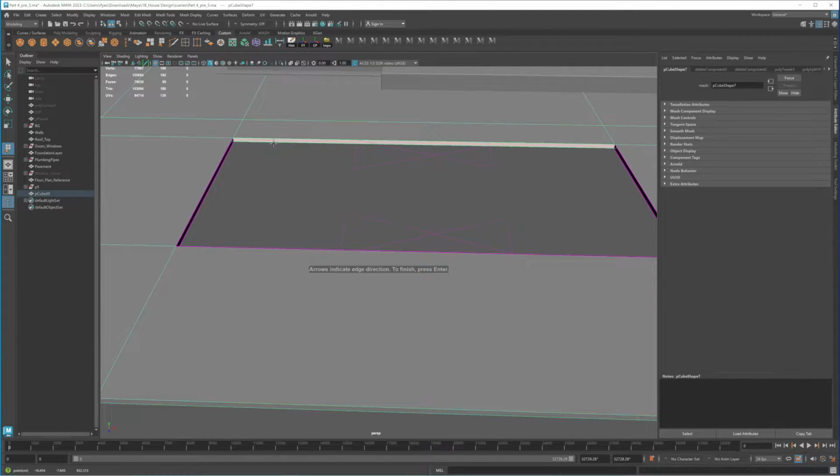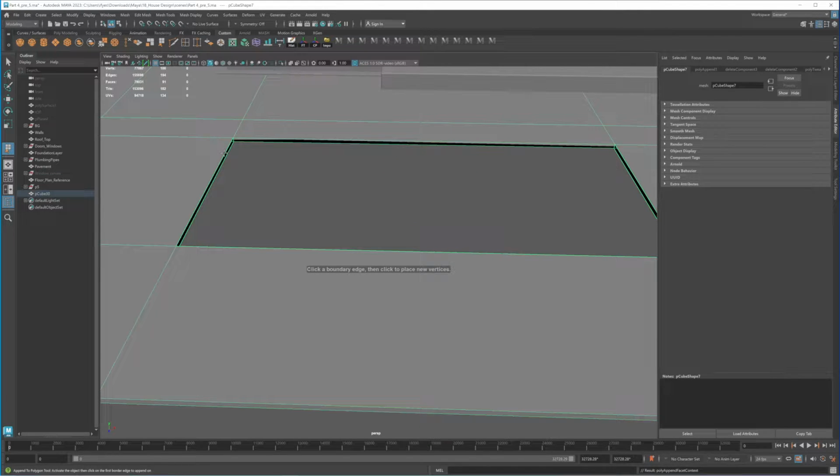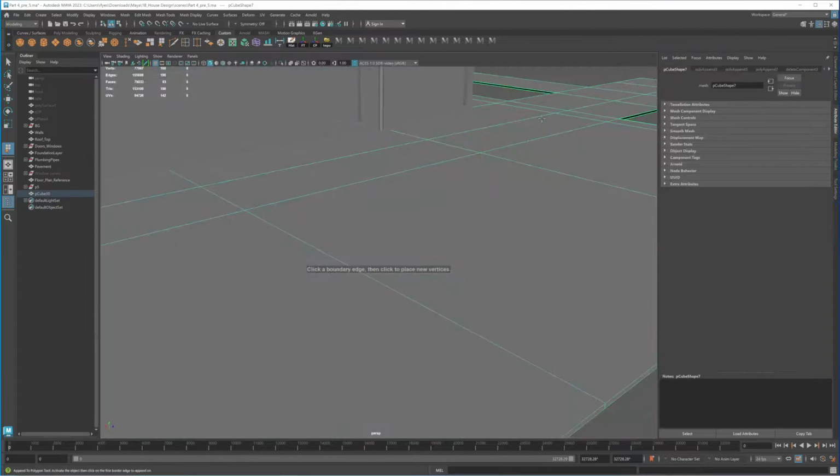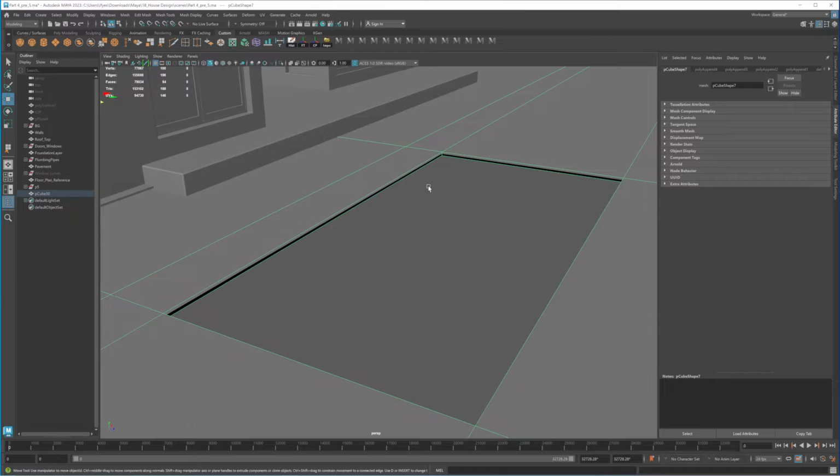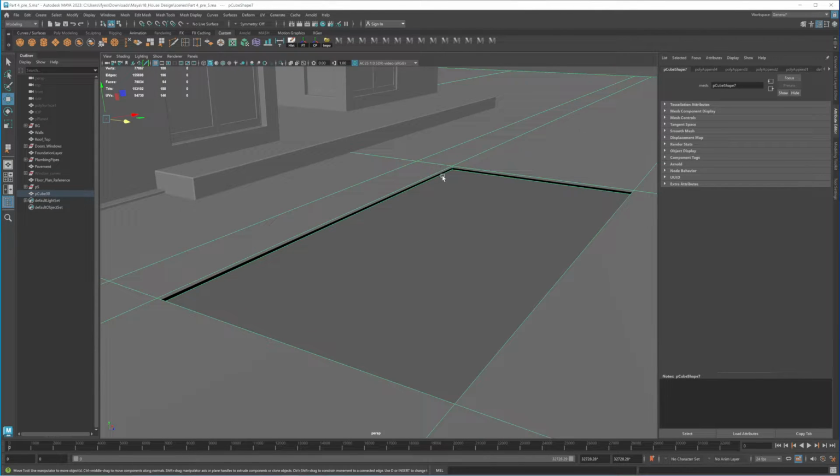Just click, press G to close that, and here as well. So maybe this one right here. Okay, now we're beginning to see that annoying black face there.